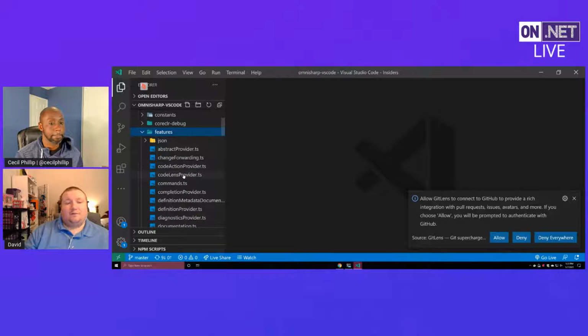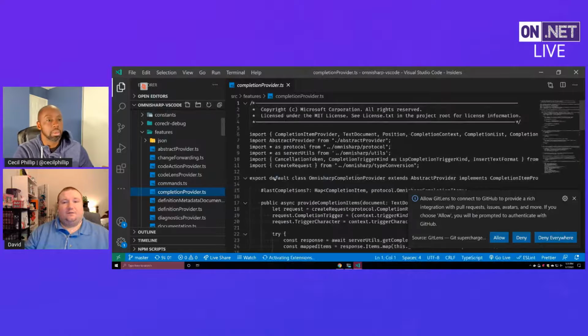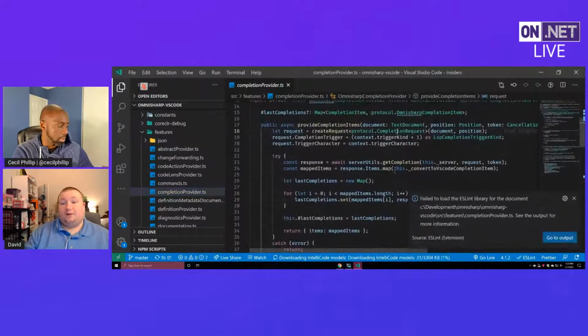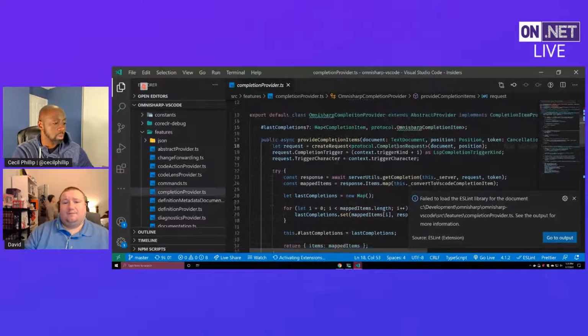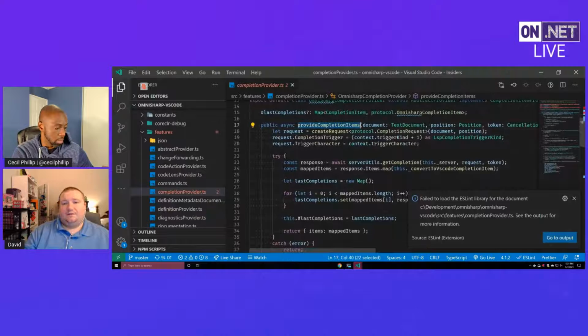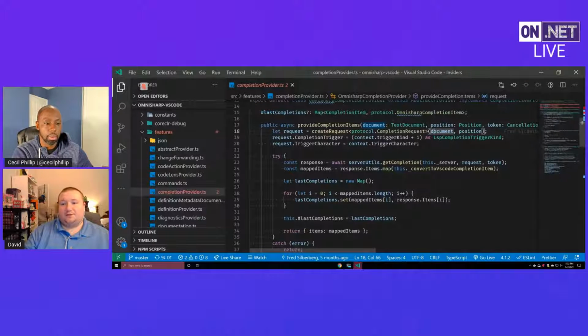Exactly. So I just opened up the OmniSharp VS Code project. It's a VS Code extension, and it's all TypeScript. For how we call completion today, there's a function you provide VS Code to say I want to provide completion items, and you call create request for this text document position.